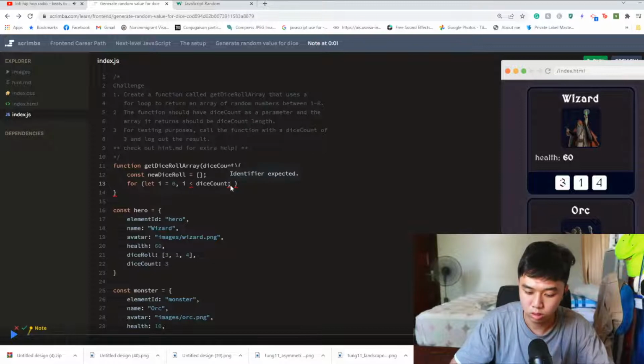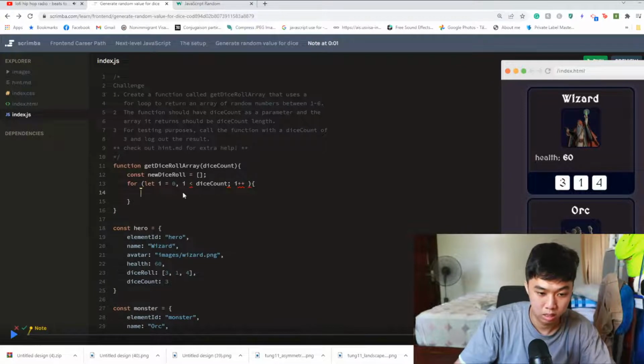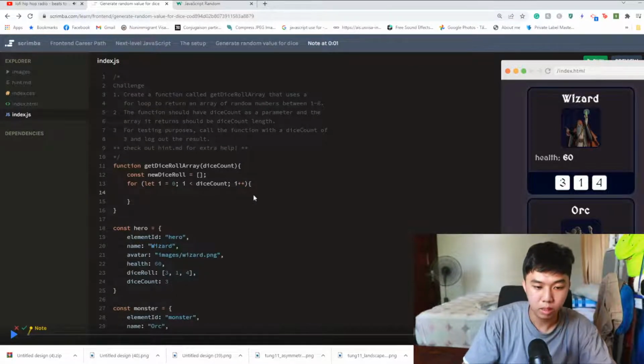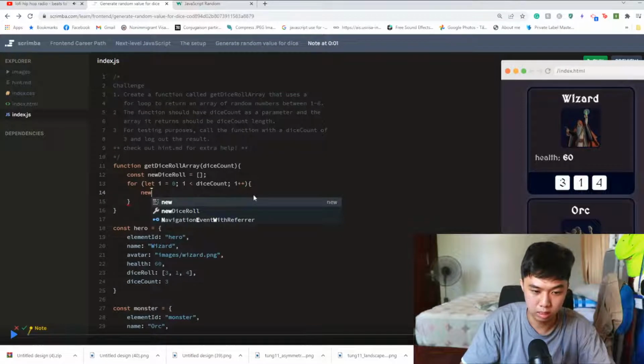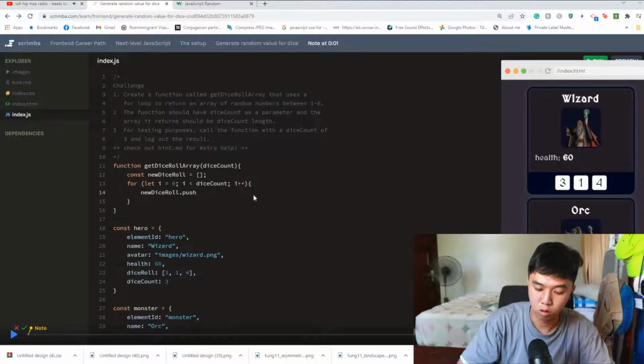And then what do we do here? i plus plus. It has to be this, I remember. Right? And then we do newDiceRolls dot push. Going to push in